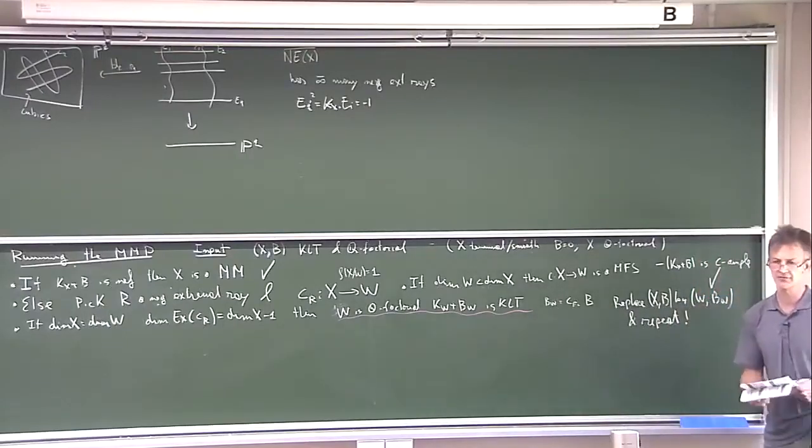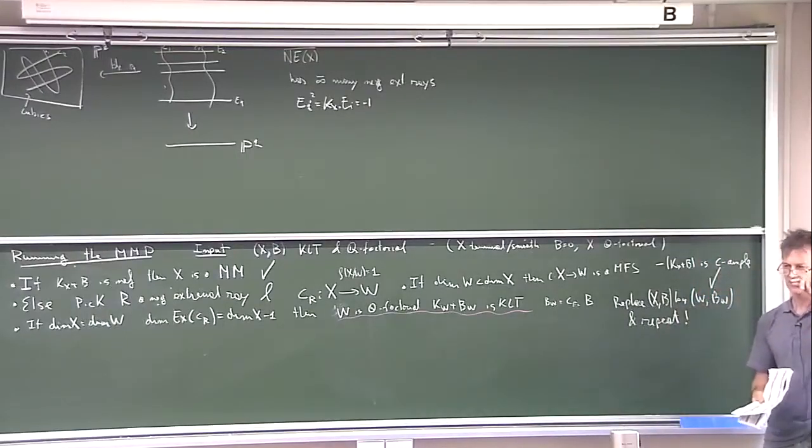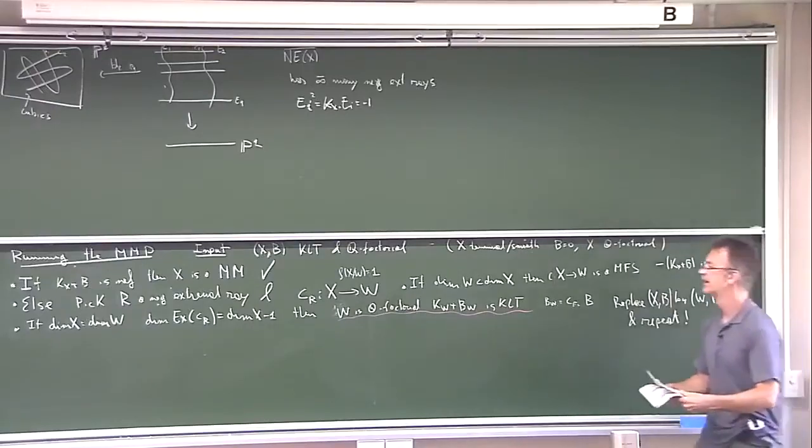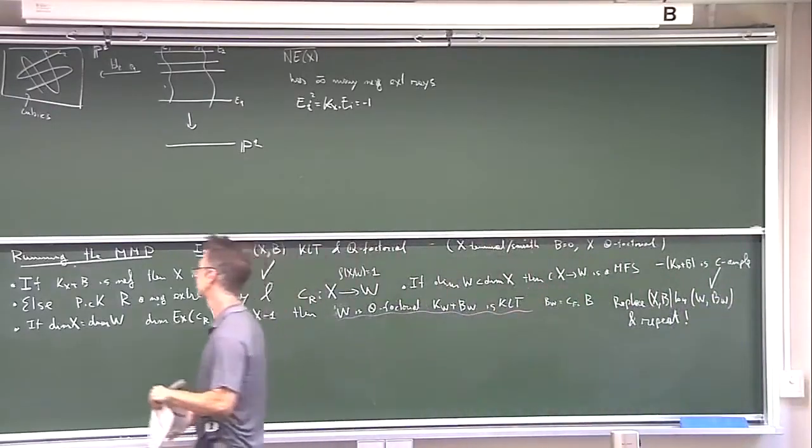This is just what you did for surfaces, right? You contracted the minus 1 curve, and then you look again. Are there any other minus 1 curves? If so, contract it again. At a certain point, you run out of minus 1 curves, you have your minimal model or your Mori fiber space. Okay? So the problem here is, what do we do